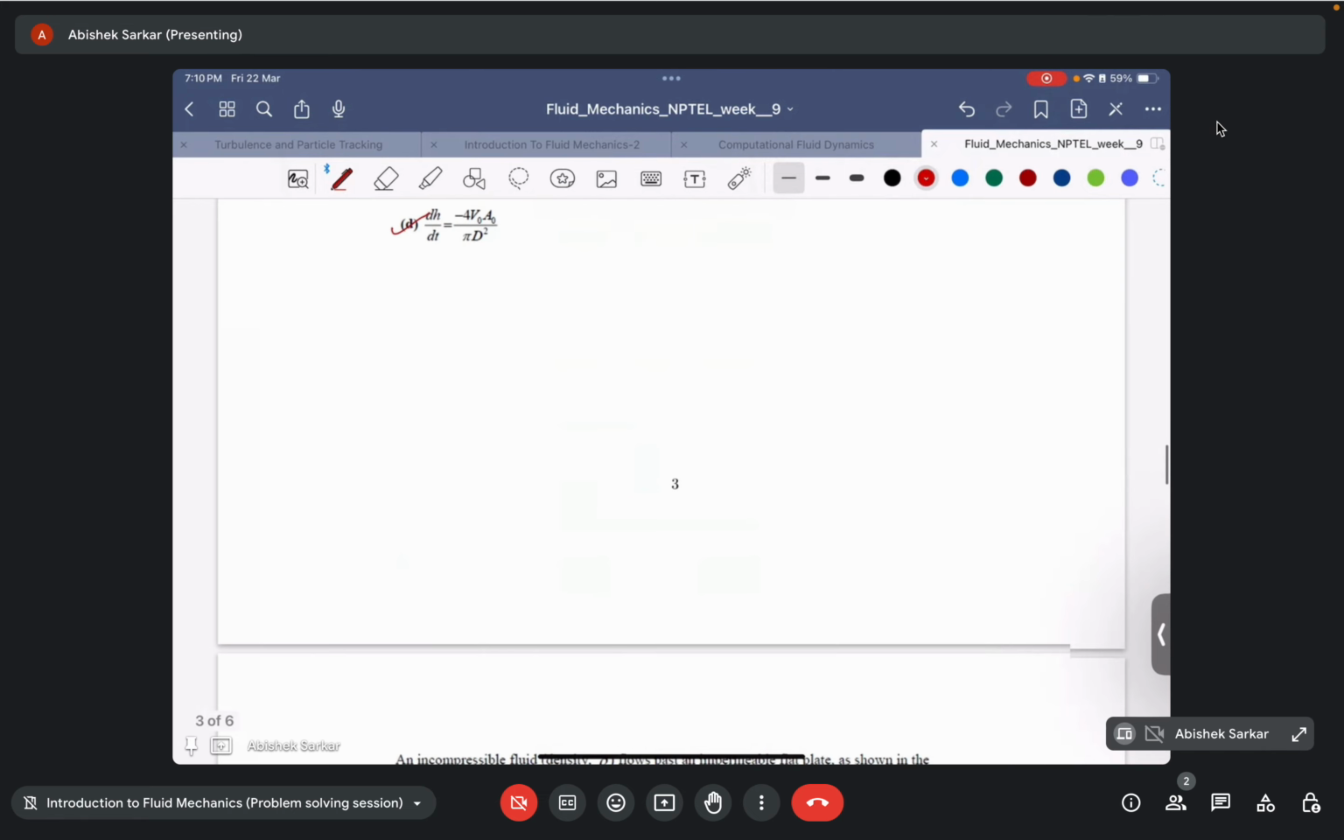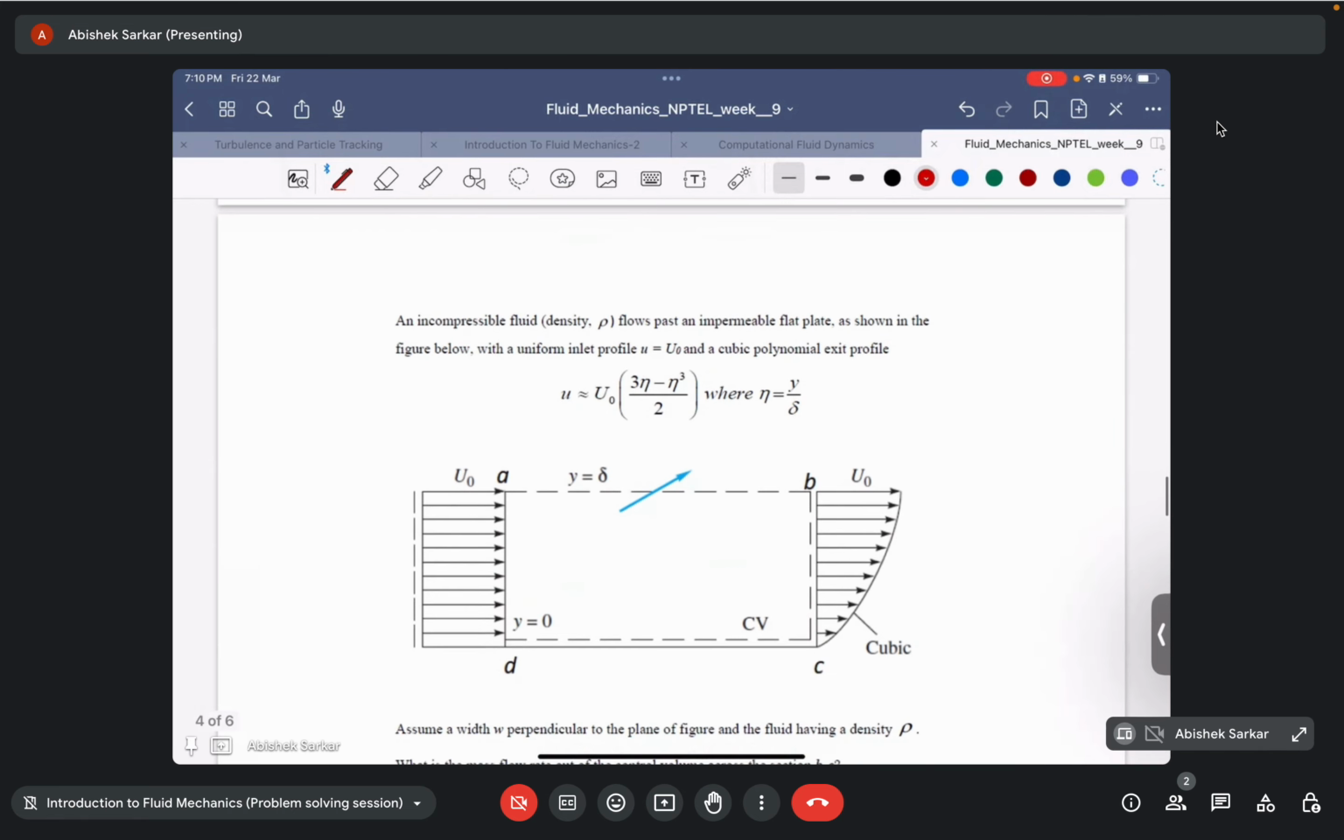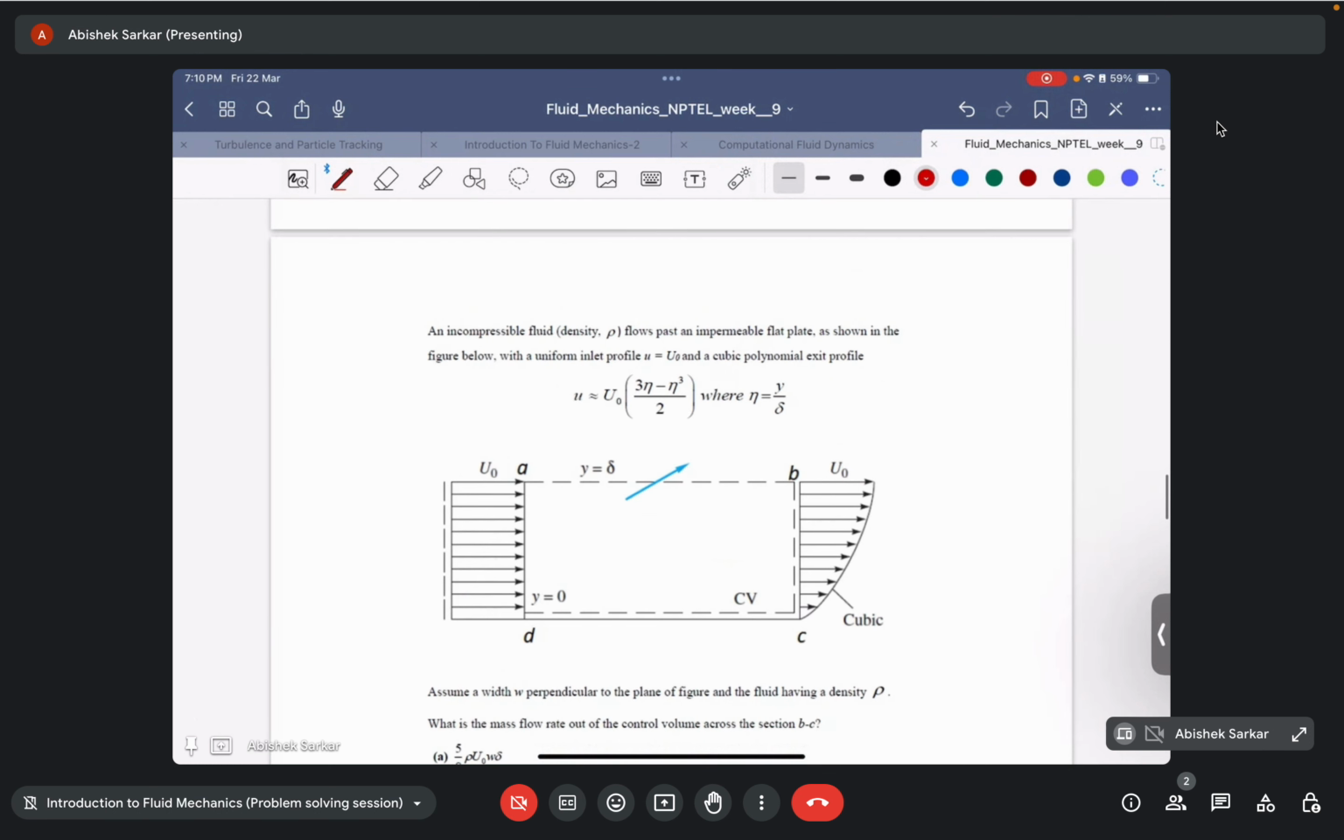Let us look into the next question. This is again a very interesting question. Why? We will eventually see. An incompressible fluid of density rho flows past an impermeable flat plate as shown in the figure given below, with a uniform inlet profile of u equal to u0 and a cubic polynomial exit profile u equal to u0 multiplied by (3 eta minus eta cubed) by 2, where eta is y by delta,